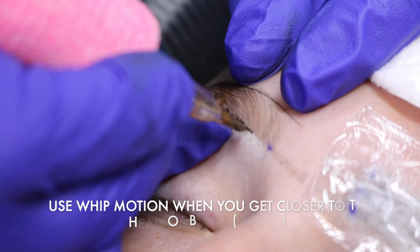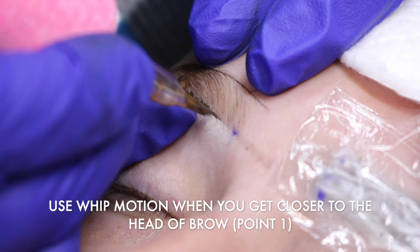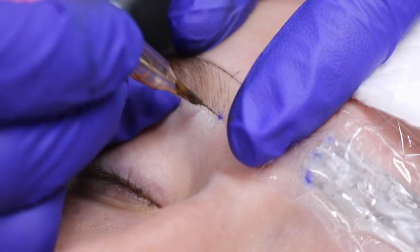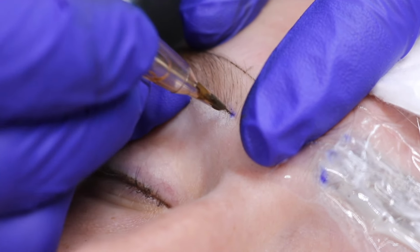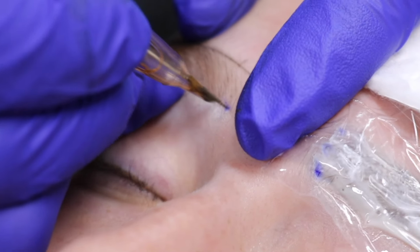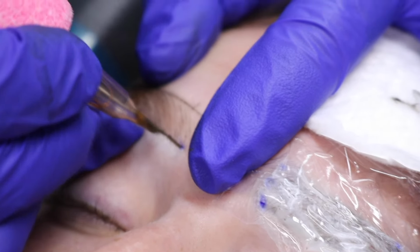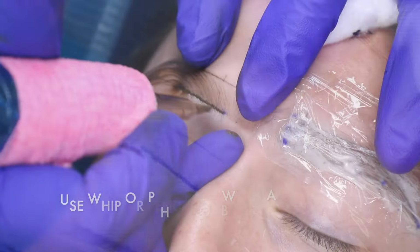Now, as I approach my first point, my point 1, I'm going to start to whip shade toward me because I don't want that line to be as bold. So I'm just going to lightly whip shade, just one direction. Okay, so right here, you can do just a pendulum motion also, and it's okay if you